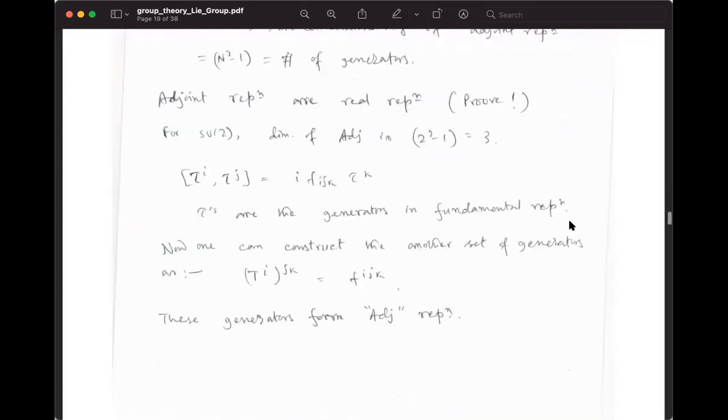So tau_i, tau_j are the generators in the fundamental representation, related like epsilon_ijk. Similarly, you can define the generators out of the structure constants, like (T_i)_jk equal to f_ijk, where i, j, k run from 1 to 3. So this T matrix is not 2 by 2 anymore; it's 3 by 3. That's quite obvious because these matrices will act on the states, and the states are three dimensional, like a1, a2, a3, the column vector. So you need 3 by 3 matrices to act on that, and that's what it is: it becomes 3 by 3 matrices in the adjoint representation as well.